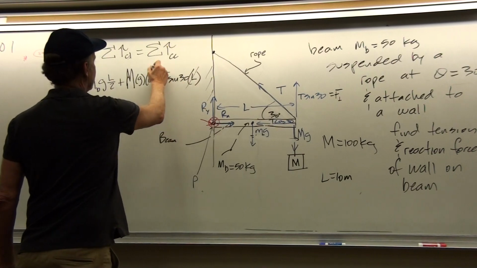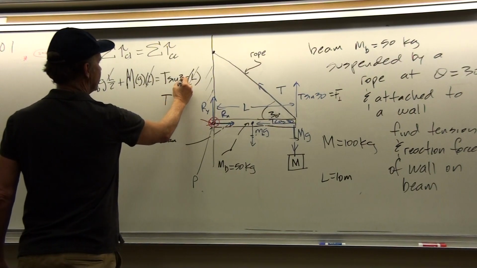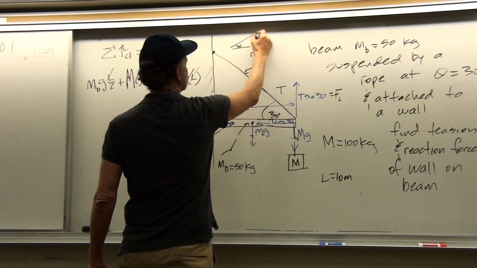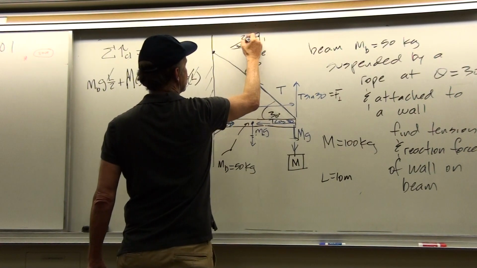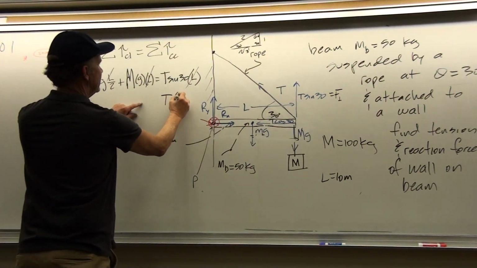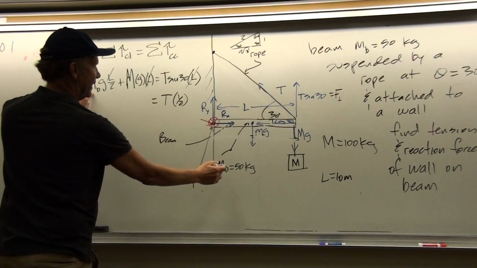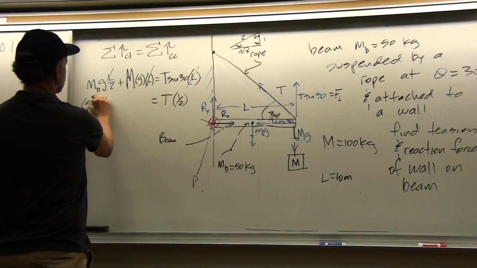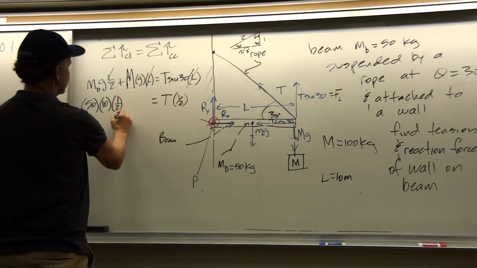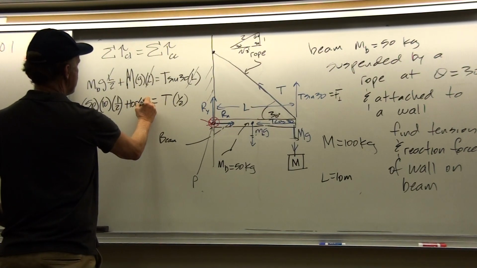I can cancel out the L's all the way through, and this gives us T times the sine of 30, which is 1/2. Here we take this as a 30, 60, 90 triangle: 1, 2, root 3. So T times 1/2 equals, on the left, the mass of the beam, that's 50 kilograms, times g, 10 meters per second squared, times 1/2, because we've canceled out the L, plus 100 times g, which is 10,